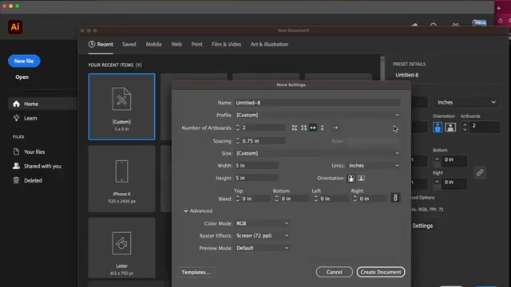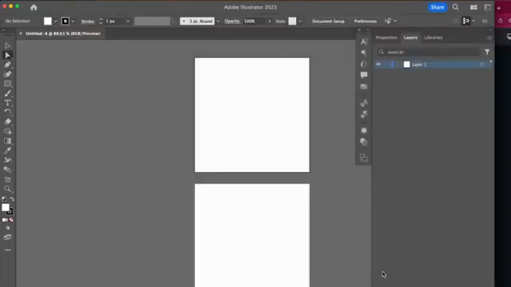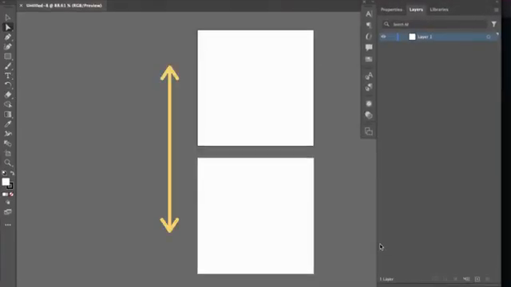Then I'll go to More Settings. This is where we can specify the layout of our artboards. I will take the space down to 1/2 inch and select the Arrange by Column option. Then click Create Document. As you can see, my artboards are displayed vertically, and the space between the artboards is